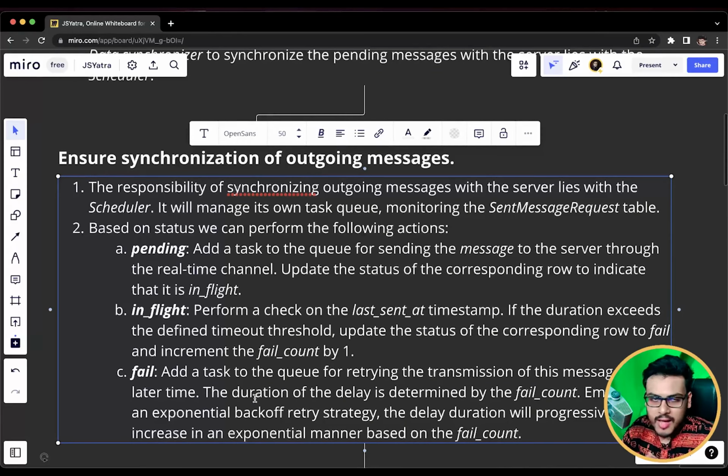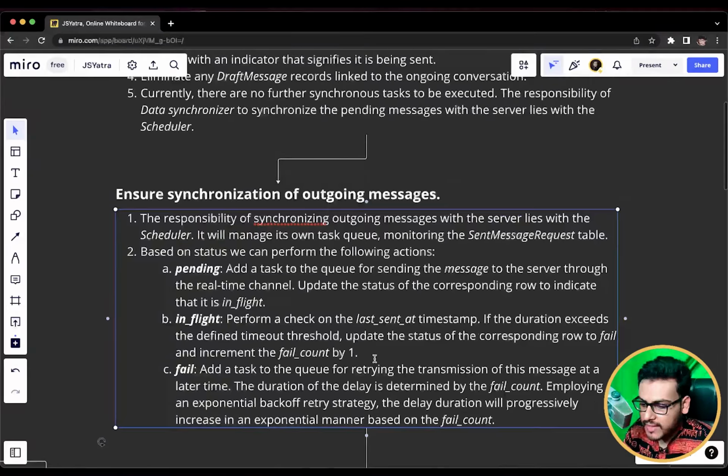Okay, now I have retried as much as I wanted. Now I will not retry it again and again. I will push a task for retrying the transmission after some time, but I will mark this message as fail right now, and I will leave this up to the user. If he manually triggers a retry, I will execute it from the task queue. Otherwise, let it be in the task queue, and if the relevant time comes, I will make a final retry call and see if it is working or not. So this is about the failure scenarios.